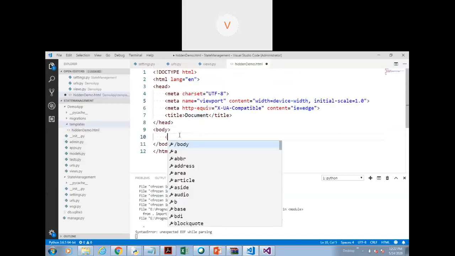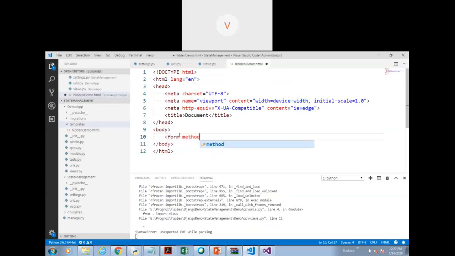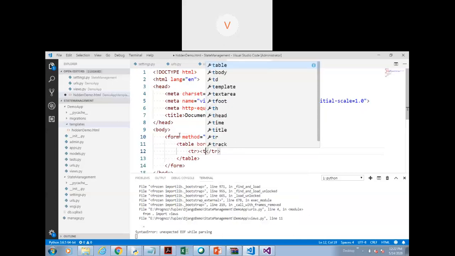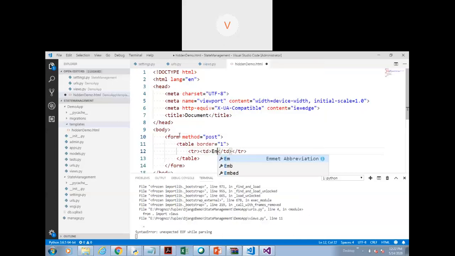Now let's have form method equals post, table border equals 1. Then we have TR section, then the TD section.